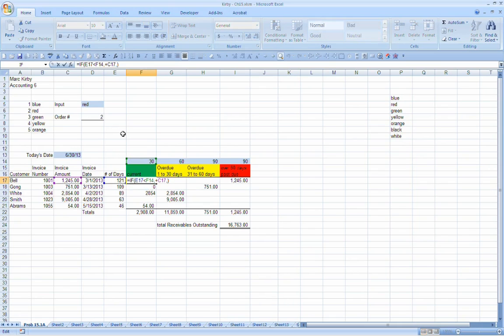What we've got to remember here is that the F14 up here, we need to lock that reference. Okay? So I need to put a $ sign in front of the 14 so that it stays on row 14 this way. Now later on, I'm going to copy this formula over to column G and column H. So I want to not lock the column reference, the F, so I'm only going to put the $ sign in front of the 14. And then I can copy it down,